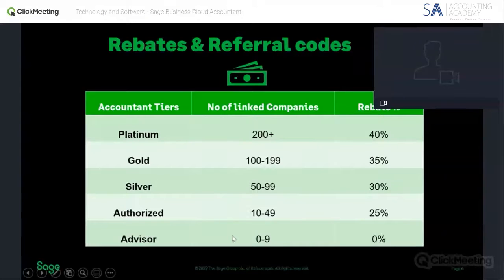So this is our rebate structure. Depending on how many clients you've referred, you actually get a percentage of that back. As you can see, the percentages can go up to 40%, which is very good in terms of you getting that money back. So if you've referred more than 200 clients, for example, you can get 40% of that back into your bank account, and it's as easy as that.